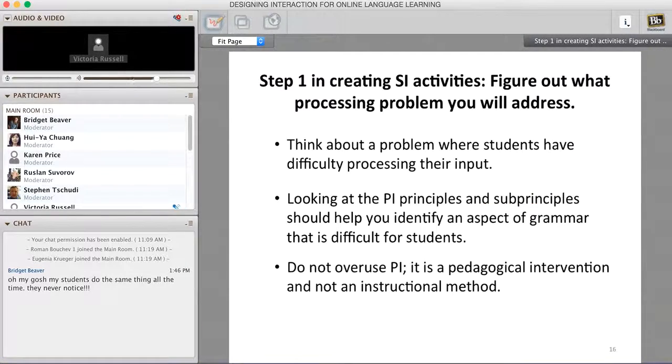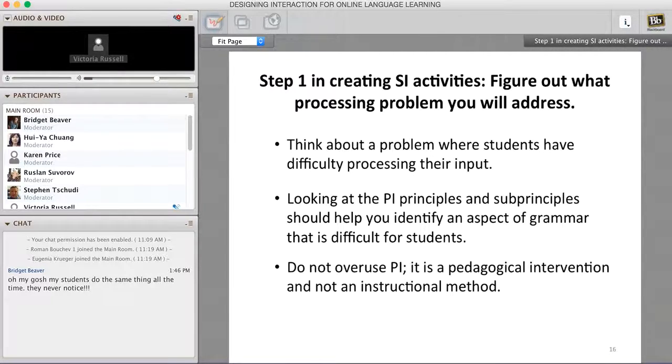I'm going to show you now 4 simple steps on how to create structured input activities. Step 1 is figuring out what processing problem you're going to address. Since processing instruction is a pedagogical intervention and not an instructional method, it is really not meant to be used daily. Instructors should bring in processing instruction when they anticipate that their students are going to have difficulty processing certain